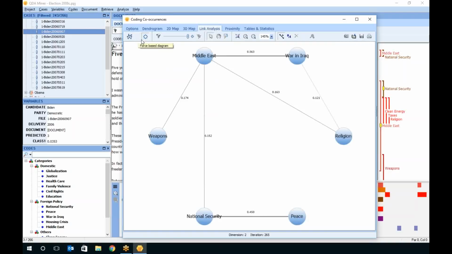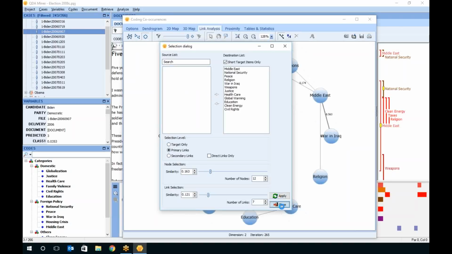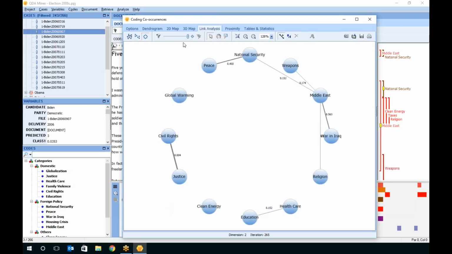Here I don't have a lot of codes, but let me do it this way. I will bring all the codes, I will apply that. Now I have all the codes. So that's a circular view. It shows me the connections, but I could start to see what other connections could be created. Then I could do also a